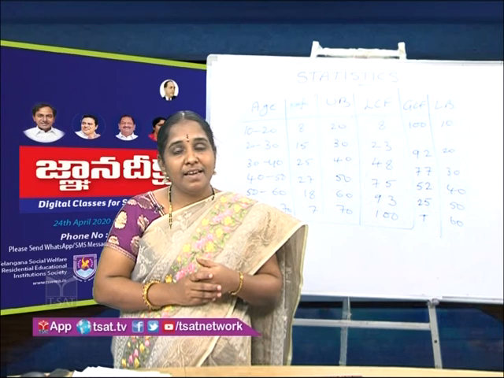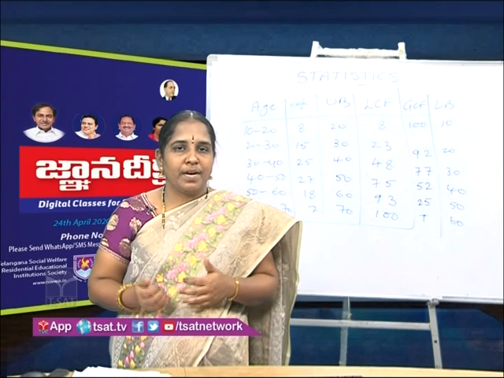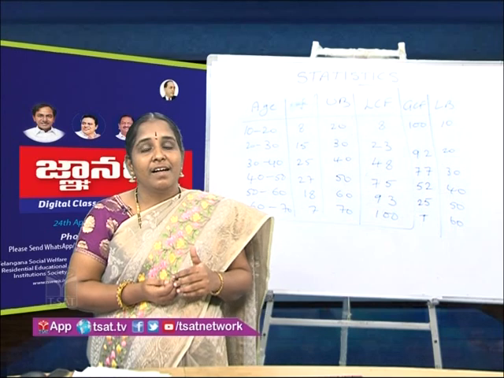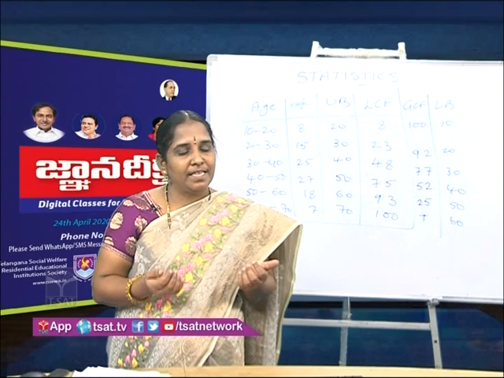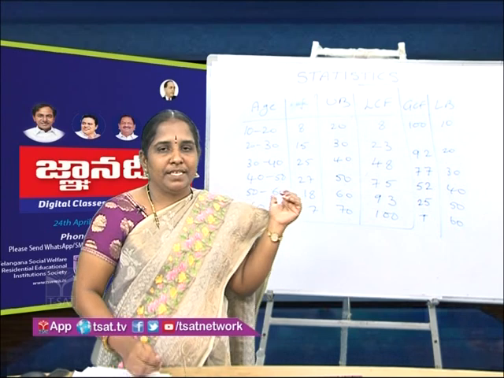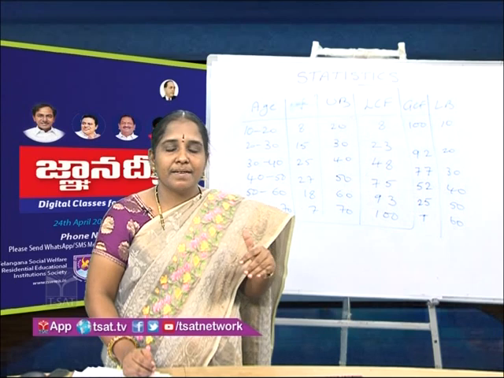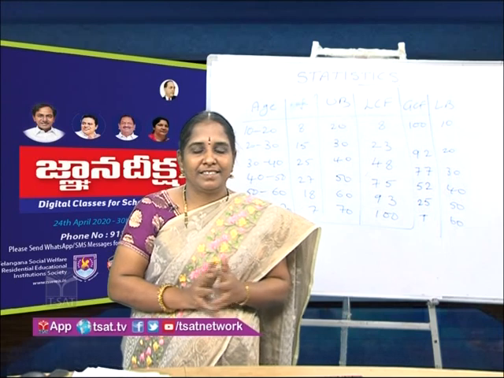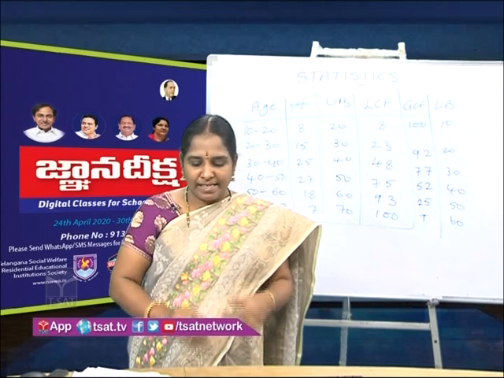And next we have seen mean, median, mode and their formulae. Mean is the sum of observations divided by the number of observations, mode is the most frequently occurring observation, median is the middlemost observation arranged in ascending or descending order, and we have seen the properties of mean, median, mode. And also in today's session we completed the topic of how to prepare the grouped frequency distribution, graphical representation and LCF GCF tables. So that's all in statistics. We have done these topics. I hope you all understood all these topics very well and you practice them well.